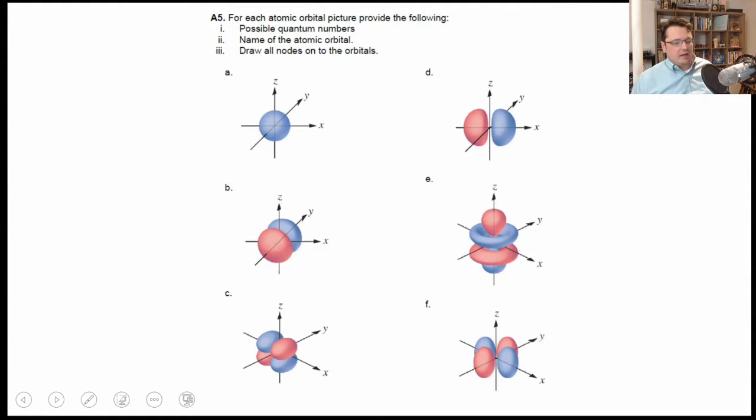Awesome. A5. So A5, sorry, is essentially an opportunity for you to work on identifying and figuring out what the quantum numbers are for different orbitals when they're drawn for you. And there's a few different methods, right? The one that a lot of people love to jump straight to in Gen Chem is just simply memorizing what